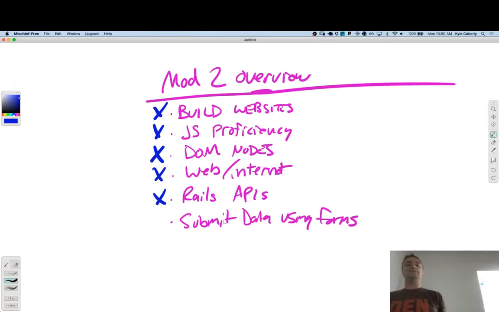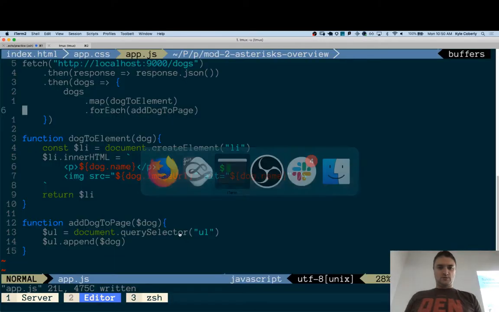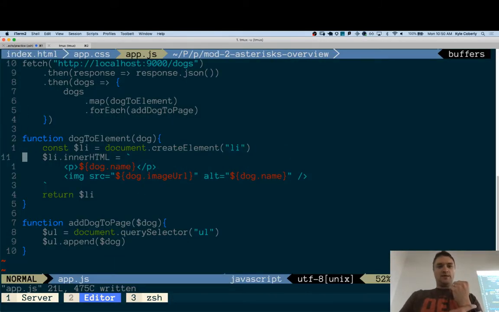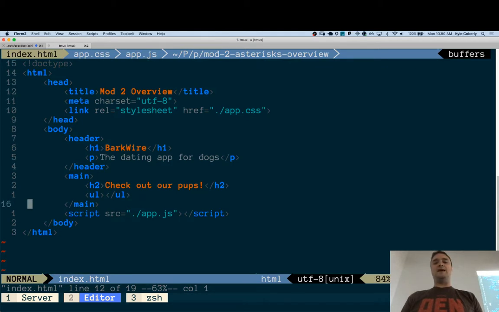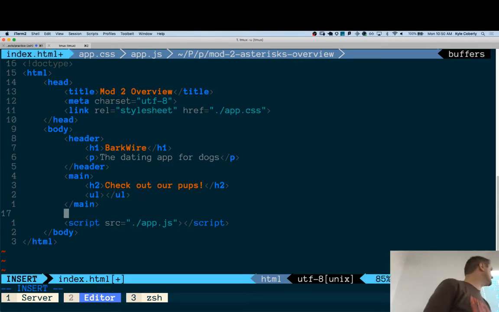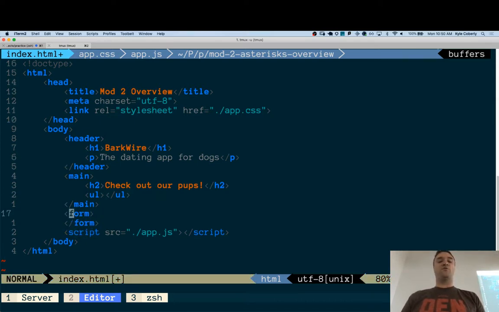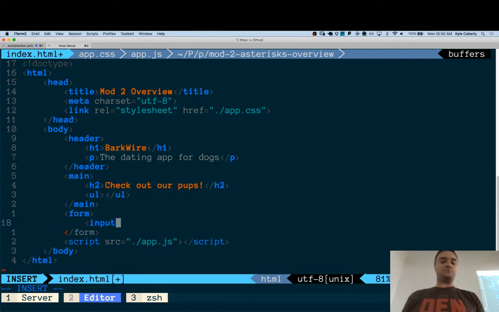So, last thing that we need to be able to do in this module, submit data using forms. This is probably the one that's going to be the hackiest of the things that you do in this program. Everything I just showed you is basically how it works, as I think Cody can attest. The one thing that will be slightly different this mod than it is in the next mod is this form idea. So we're going to say, all right, I want to make a new dog